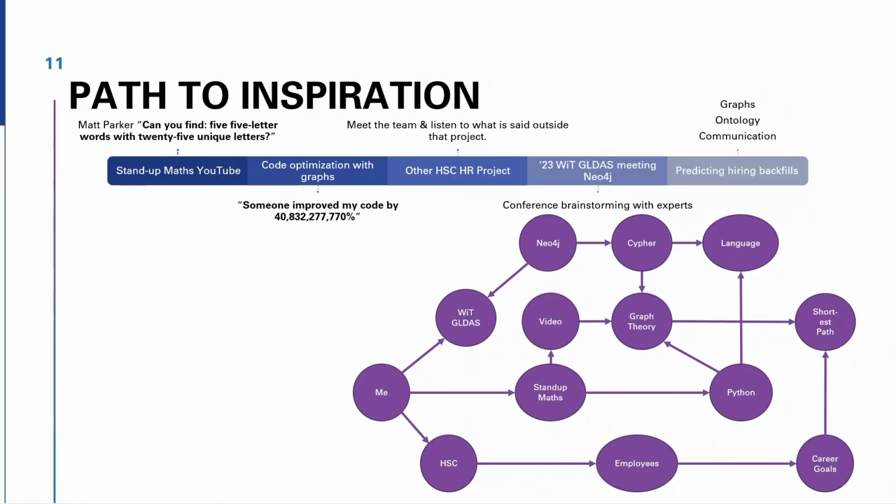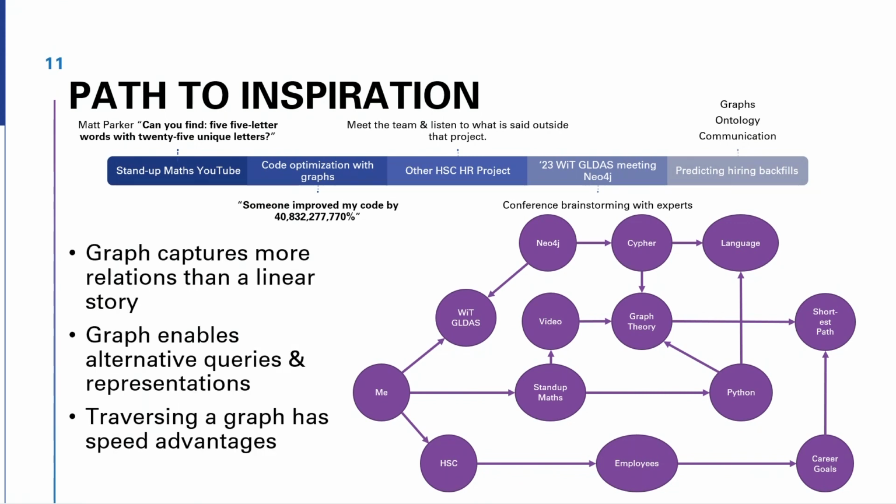But that's just one way to represent it. And we all know inspiration can be a lot messier than this. So another way to look at the inspiration is through a graph again. And the graph can capture some of the relationships that we don't capture in a linear story or in a more structured database like SQL. It also enables alternative ways to query the process. A common language for querying graph databases is Cypher, and you'll see a different structure within that language than within SQL. And the way we can traverse the graph has its own advantages, especially in speed for tasks like machine learning.